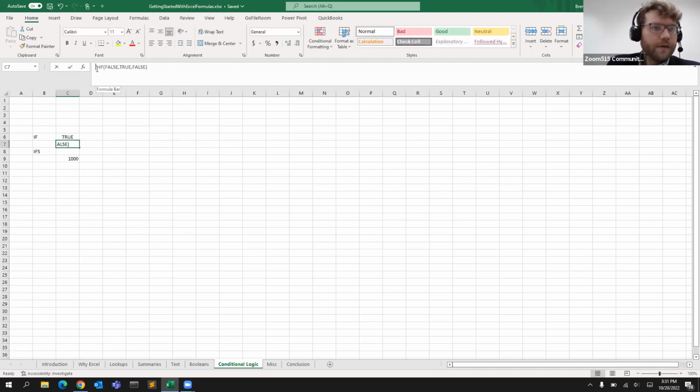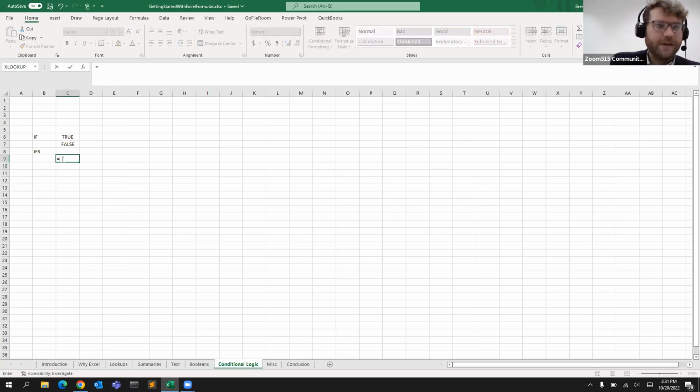And then here you can see that if false, which we passed to false, so it's going to be false. It's not going to return this true value because it's false, but it should return false. And then IFS, oh, actually I don't even have anything there. I didn't come up with an example of that, but we can look at the